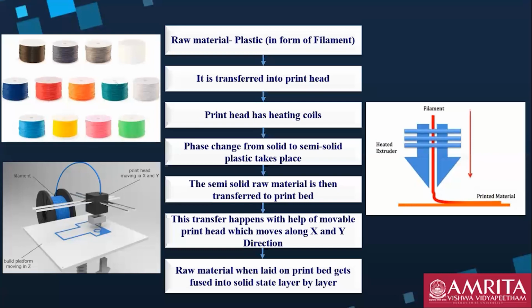Second is the cost ratio. Of whatever technologies we'll be talking about, this is the cheapest one. The cost to size ratio, it is the cheapest technology available. These thermoplastics are very cheap material, and the construction of this technology is really simple as compared to others. We will look at the others and then you will understand how simple the design of this technology is as compared to whatever we are going to discuss further. They are much more complicated than this.